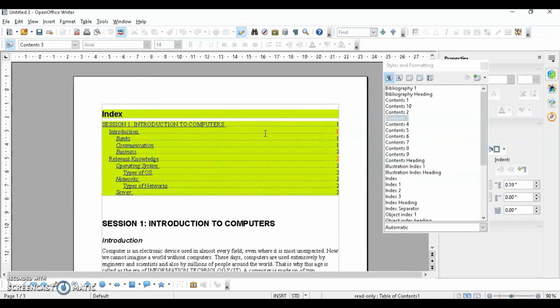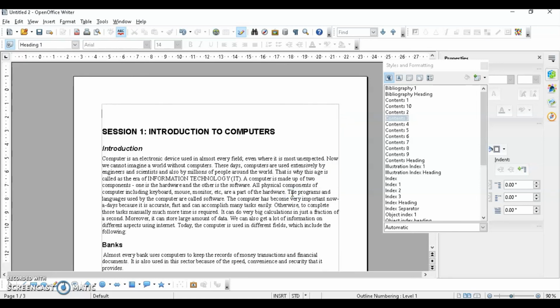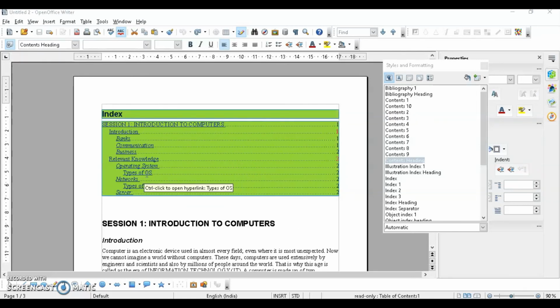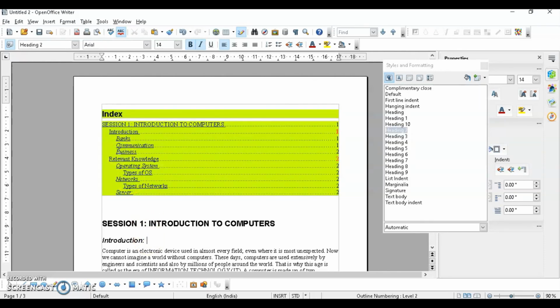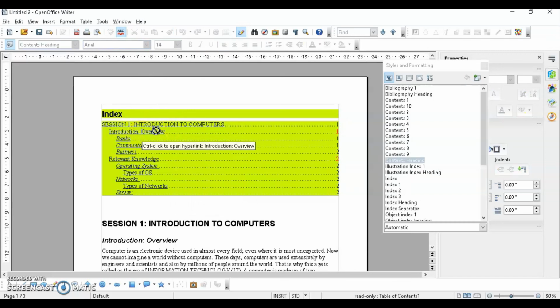We have seen how we can apply the background color and the graphic image. We can insert the image as well, but make sure the image is not hiding the table of content. Now if you want to delete it, you just right click it over here and delete it. Simple. Let's see if I make any changes over here in my document, will it reflect? So what I'll do, I'll just right click on this and click on update. So you can see that overview is also written here.